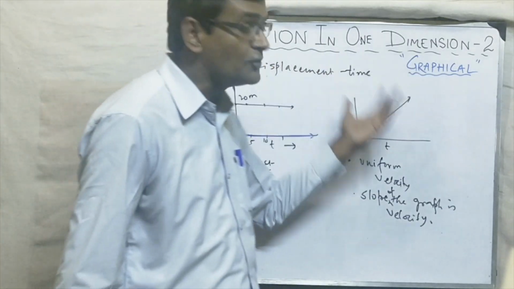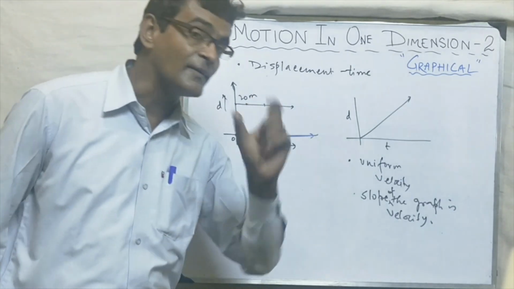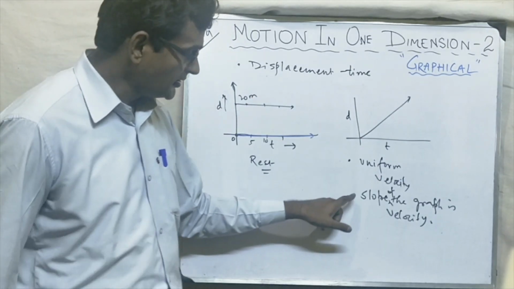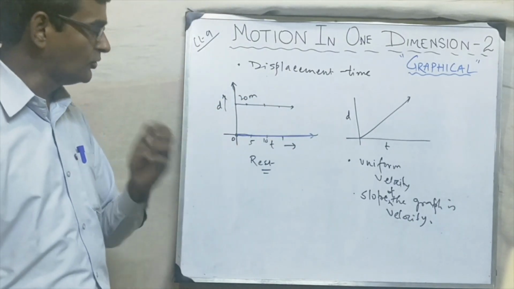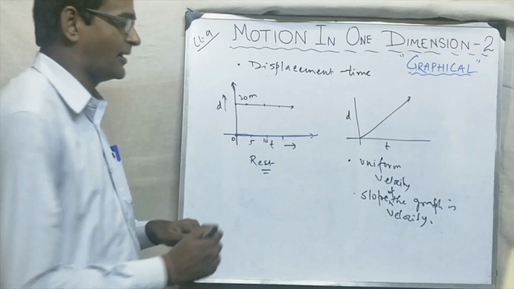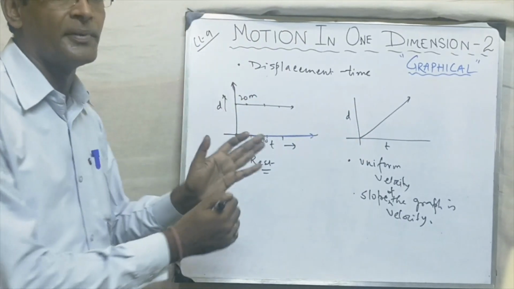Okay, students? So the body is moving in a uniform motion. Now, if it is uniform motion, then there will be a particular velocity. So what will be the velocity? Velocity is the slope of the graph. Now, you have not done the slope concept. You will do it in class 10 mathematics. You don't know what slope is, I know. See, slope means steepness. But what is the meaning of slope in mathematics?